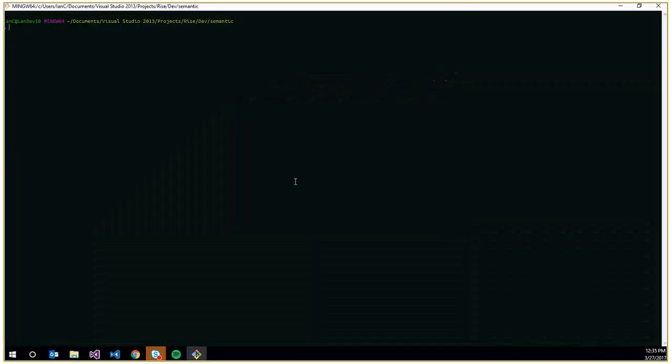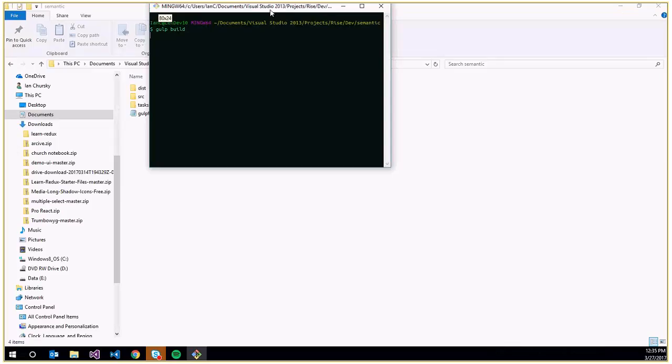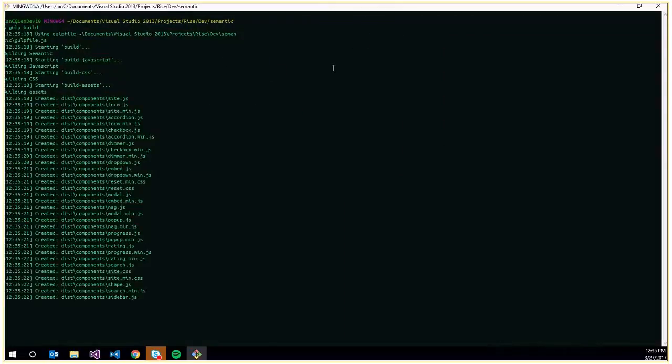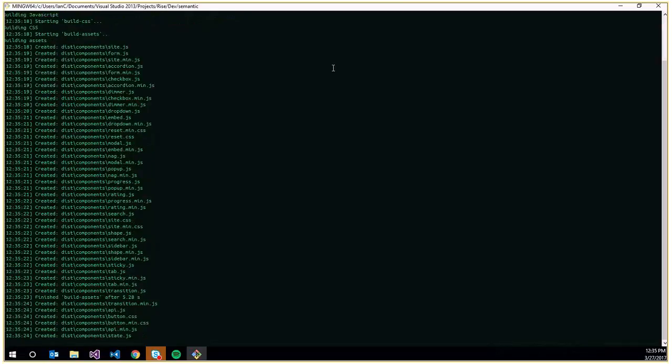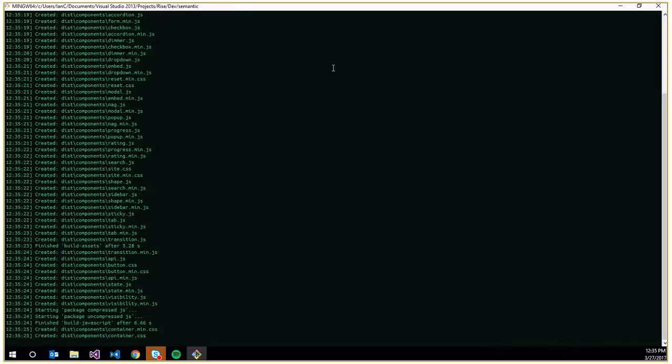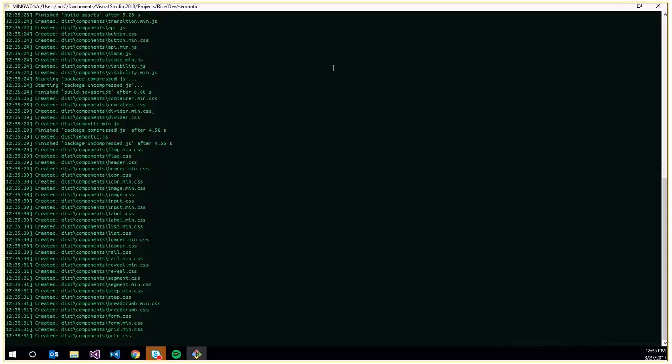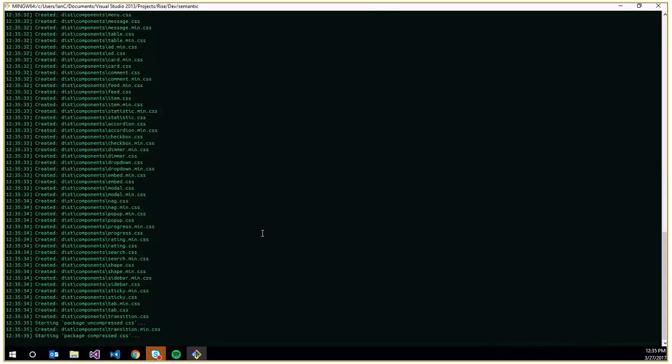So if from here I go, hey, this is just for the recording. Okay, so this is compiling all of the CSS and JavaScript? Yeah. This is where all the semantic theme stuff is that we did for Rise. So it's doing that. If you get latest on everything, this should all just build for you, provided that you